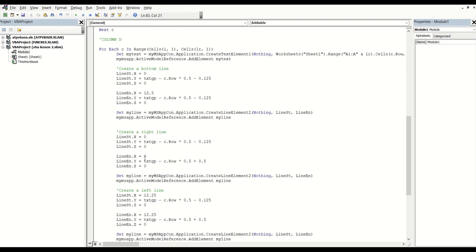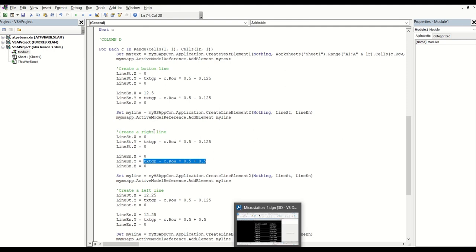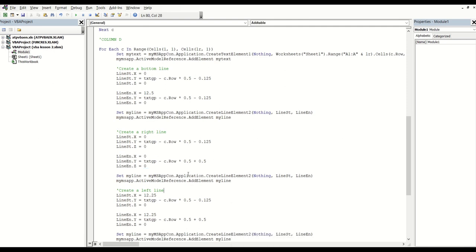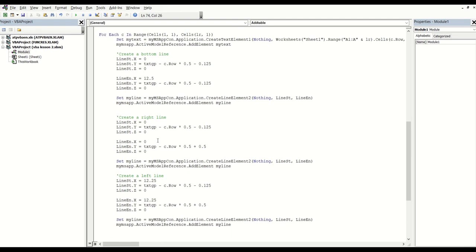I kept x as 0 and x as 0, and I used that value from the previous table that we had, which is that one there. So this is for the end of that line, based on the text. So this is like the bottom of the line, and it's going to take the same value and add up the size of the text. So to close, it's going to draw a line on the right, and this is the line on the left. So now if you run the code now,